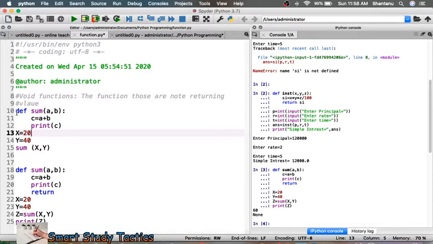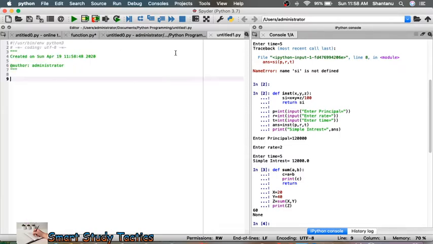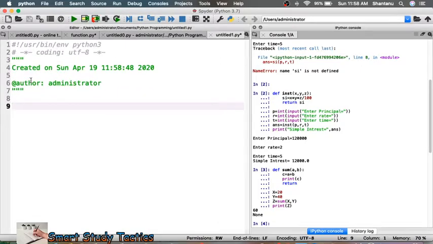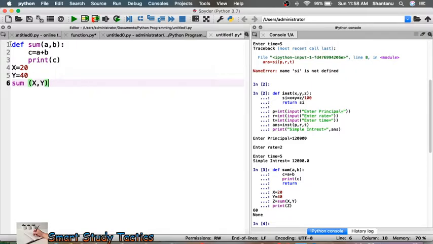Let's suppose I am going to make a program once again. I'm going to copy this one. Okay, now it starts from 1, 2, 3, 4, 5, 6. So if I execute this function, how will it execute, how will it give the output? First of all, we have to think that it will start from main.